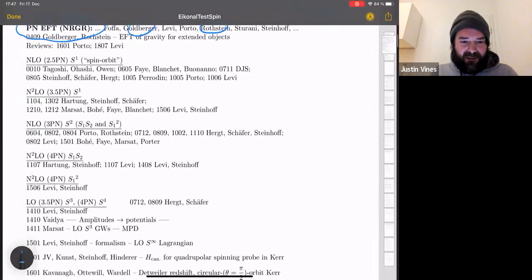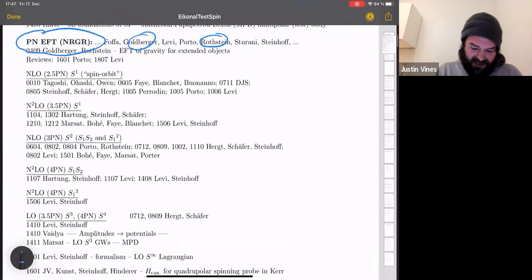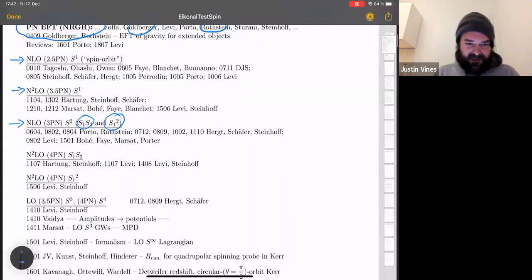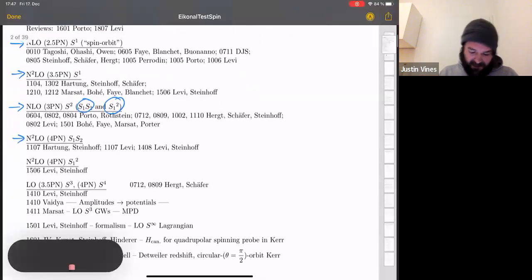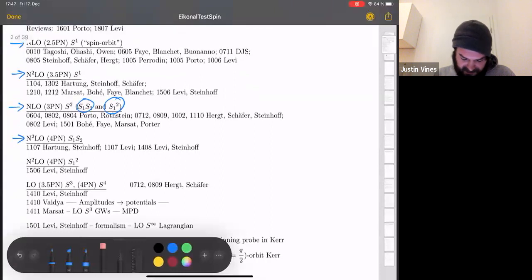But this tremendous effort, say, from the linear in spin or spin-orbit interactions at the next and next-to-next leading orders to the spin squared interactions, they were so hard, they often got split into these S1 S2 and S1 squared pieces at next to leading order. And then let me start by highlighting one thing here,